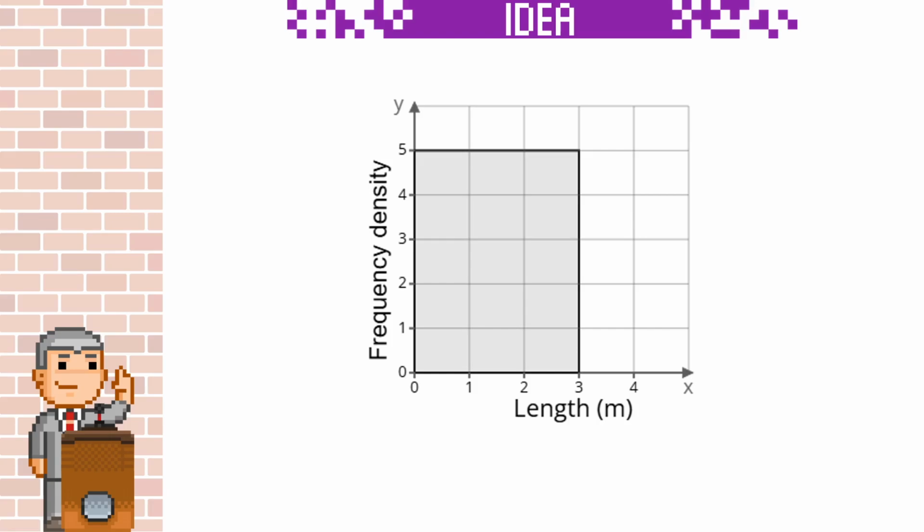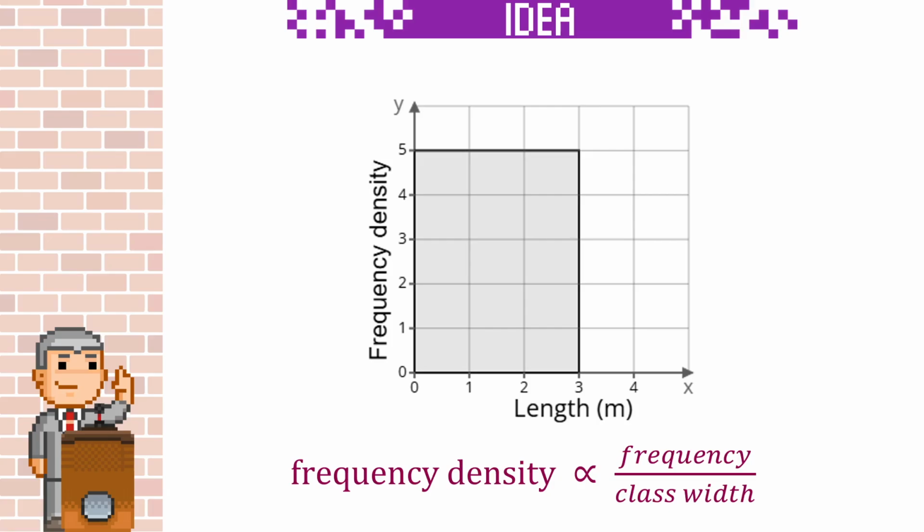Also on a bar chart, the height is the frequency, yet in a histogram, frequency is shown by the bar's area. The height represents what we call the frequency density. Frequency density is proportional to frequency over class width. We usually use a constant of proportionality of 1, so frequency density will equal frequency over class width, but be